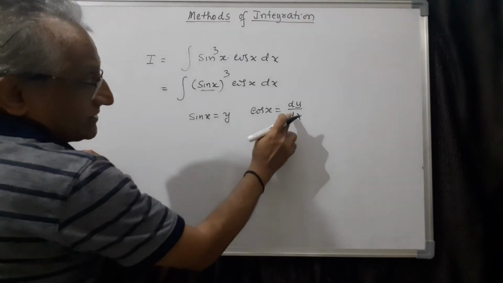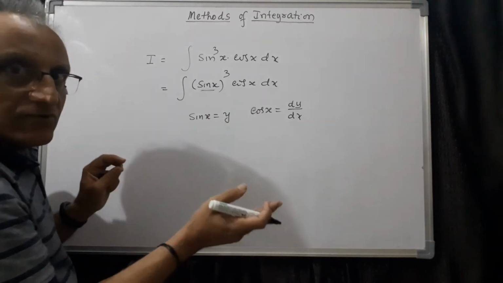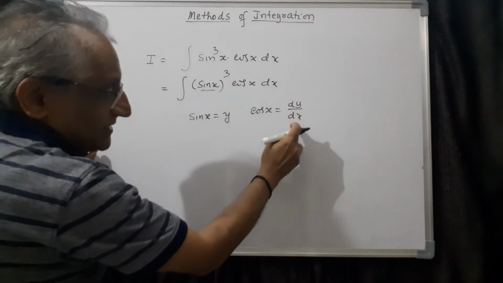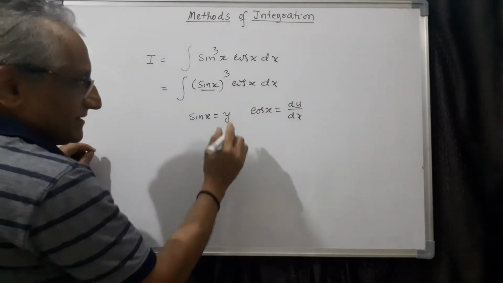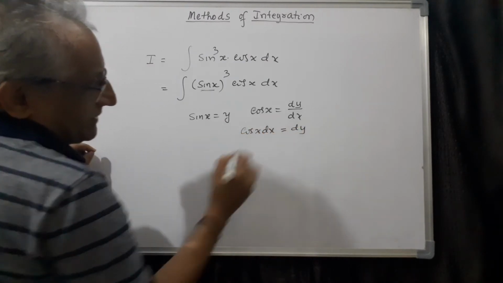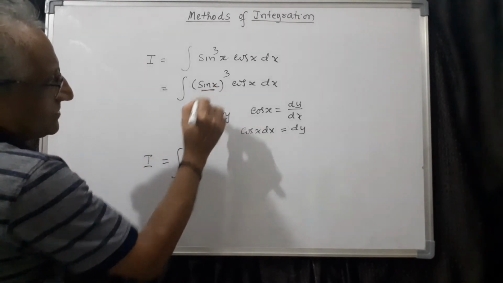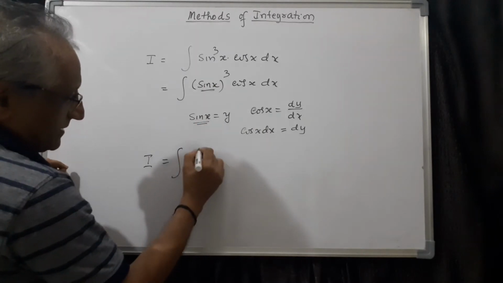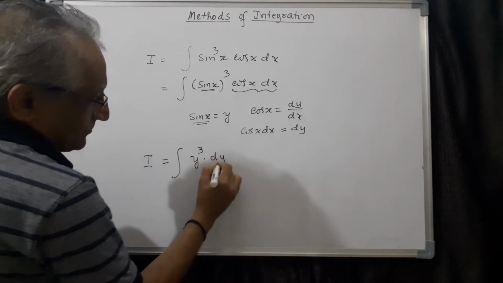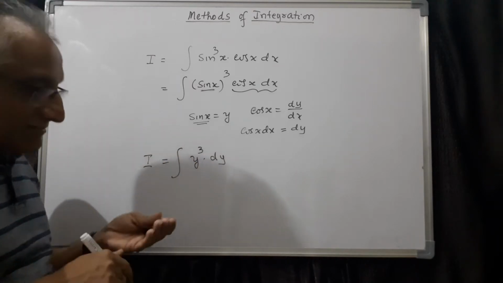Now in integration, what we do is, this dy, we take this dx here, though it is not correct actually, but in integration that is allowed. Because it is an operator, it is not dy separate, dx separate, it is d by dx of y actually, but dx can be taken here, so that cos x dx will be equal to dy. That is why it is called substitution method. For sin x you substitute y, so this becomes y cube. Then for cos x dx, you substitute dy. Now you see this is integrable: y cube dy is algebraic.